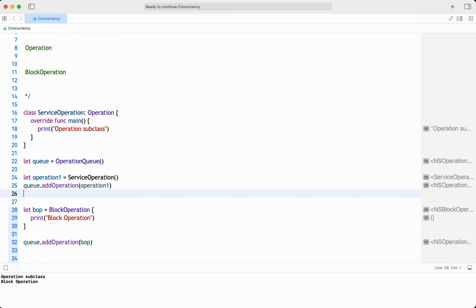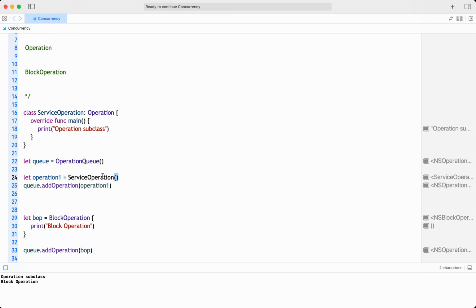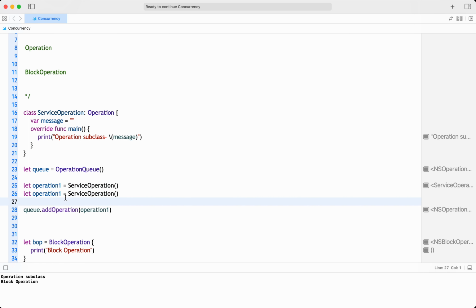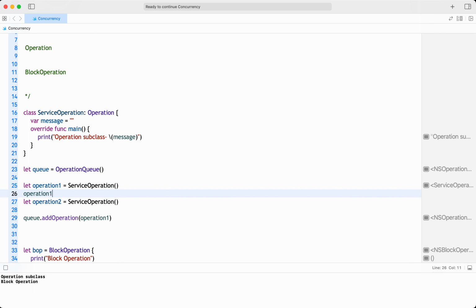So let's see how it is. The advantage here is, for example, let's say I have a variable called message, let's say it is empty for now, in the Operation subclass. Once the operation is completed, I'll just print it. For example, I have operation 1, let's say I have operation 2 also. Operation 1.message is something like op1. Operation 2.message